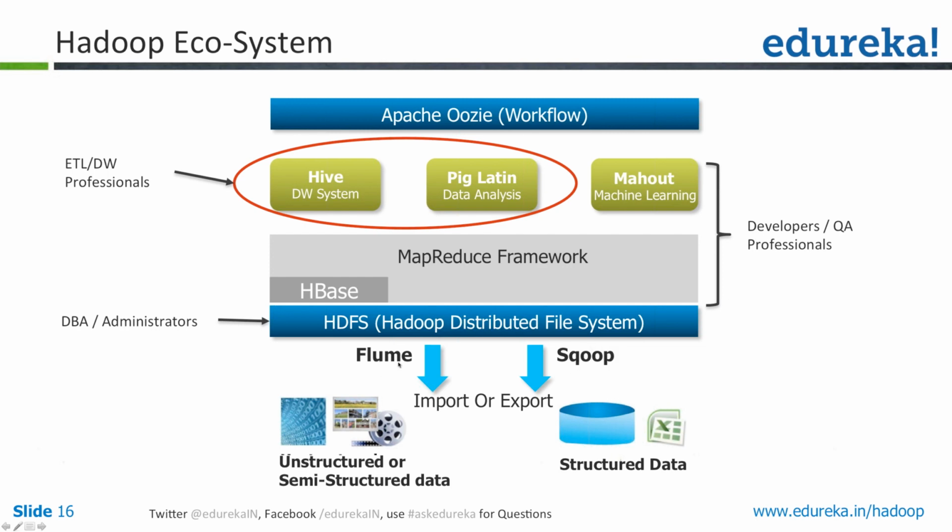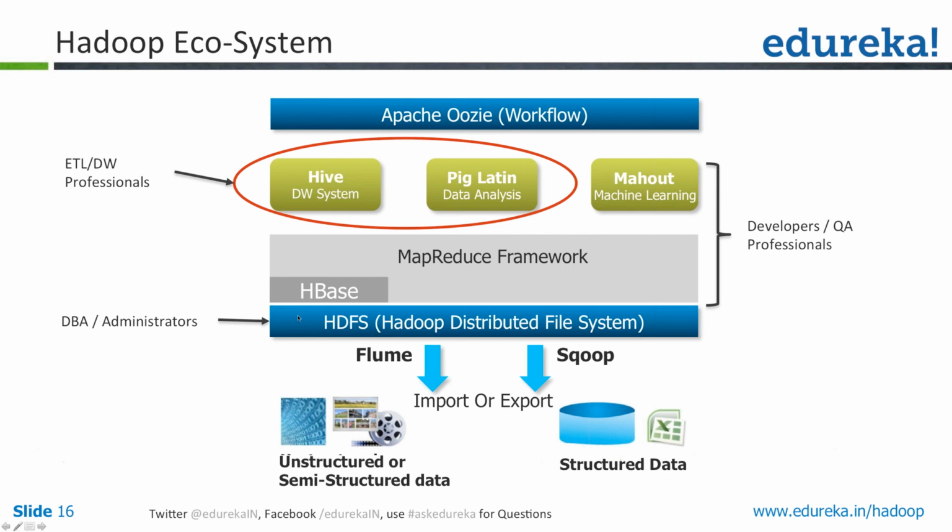Okay, then there's a tool called Flume, which is used for importing or exporting all your unstructured data. Say, for example, you have web logs, which are streaming data, and you need to move that into Hadoop. Flume is the tool used to move that data into Hadoop. You can move your data from, say, Facebook, or from Twitter using APIs, into Hadoop. You can also move unstructured email data or any other data available as web logs into Hadoop using Flume. So these are the two major tools for moving your data into Hadoop.